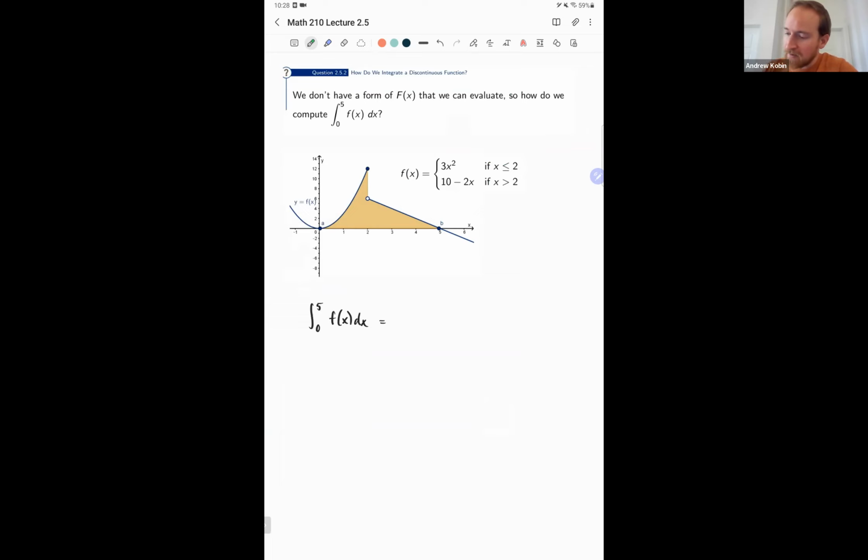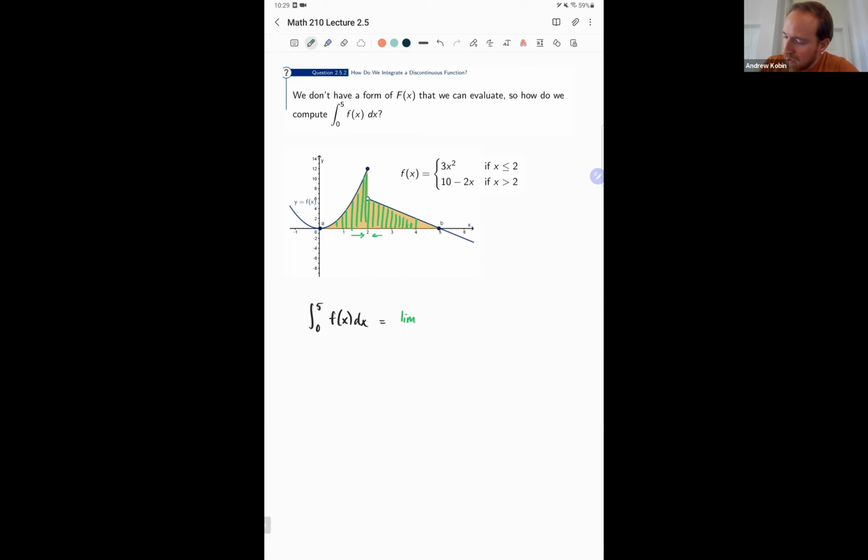And one way to think about this is if we approximate with small enough rectangles, and we can approximate on both sides, if we shrink things down so that we can approach the discontinuity with rectangles from the left or the right side, and then we take those rectangle widths to go to 0, we'll actually get a precise approximation of this area. The way to express this carefully using limits is